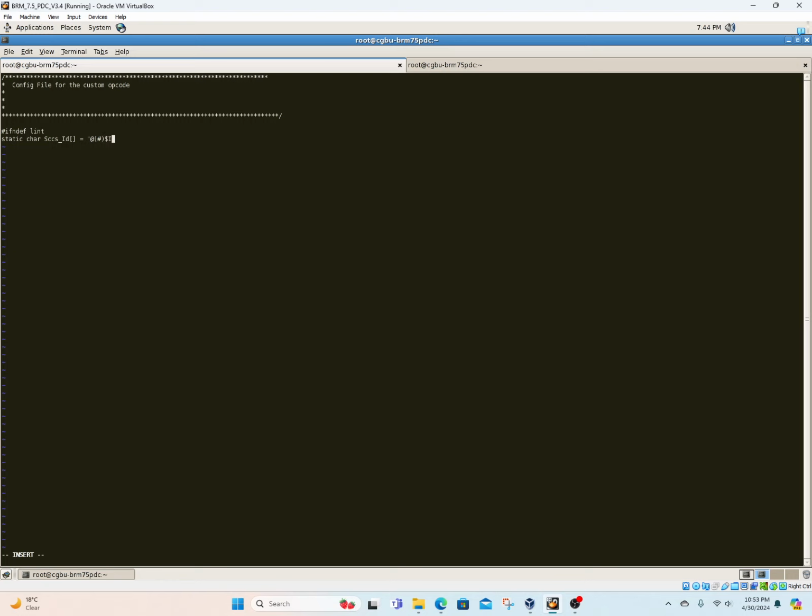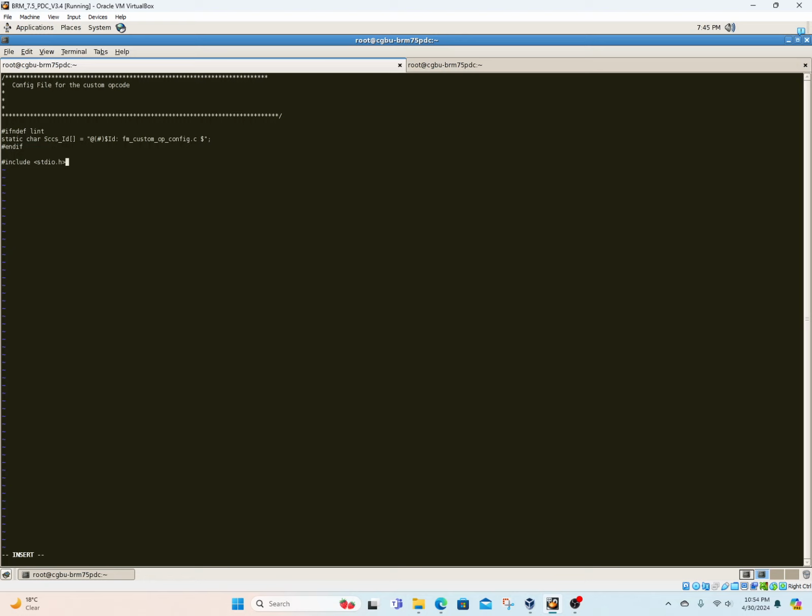So if you already know what lint is, then you don't need to learn again about it. But if you don't know about lint, it's good to know what lint is. So it is end if, I'm going to end this. These three lines will be there in almost all the opcodes, custom and policy opcodes and so on. So let's keep it like that, and then we will need to include some of the